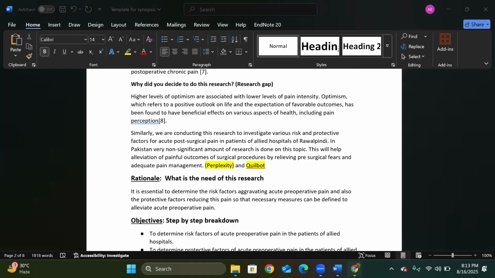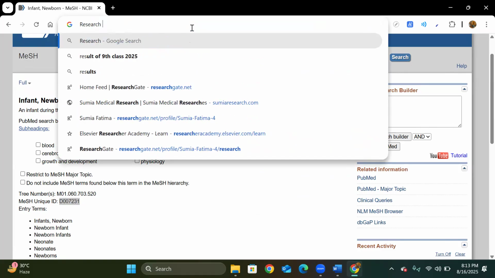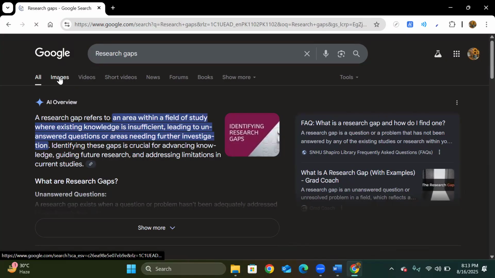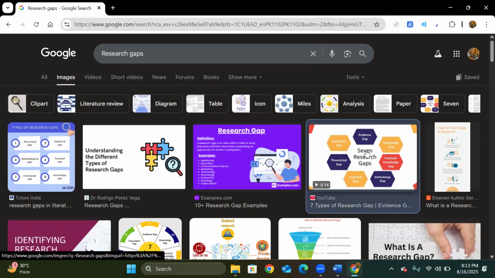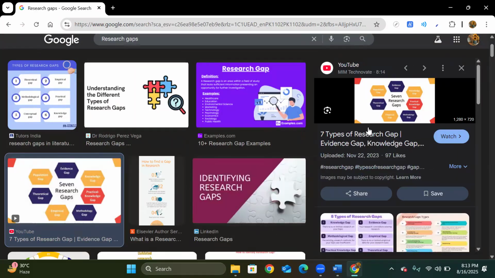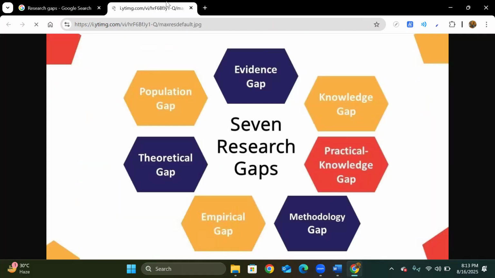Okay, yeah, I remember now. Okay, so what are the gaps? Research gaps can be divided into many categories. Some people ask, if it had been conducted in that place, why should I conduct it? Why should I conduct this research at my place? Okay, the thing is, there are different gaps.